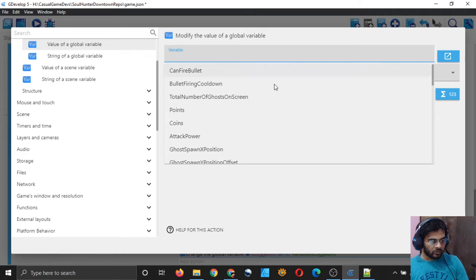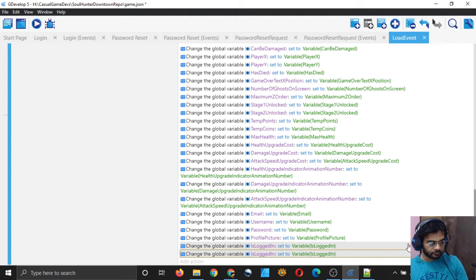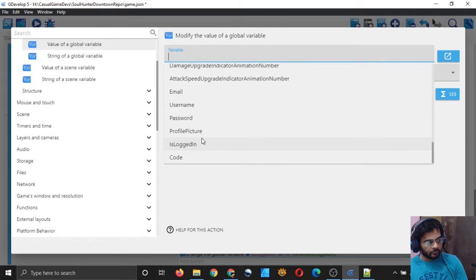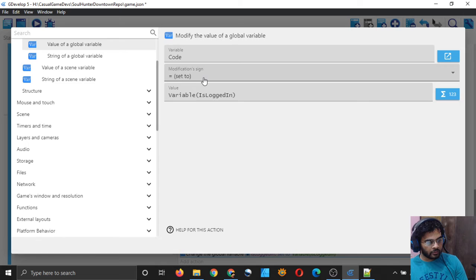modify the value of a global variable. Yeah, you can do that. It's working so far, so it will work. Code is equal to the scene variable, not is logged in.